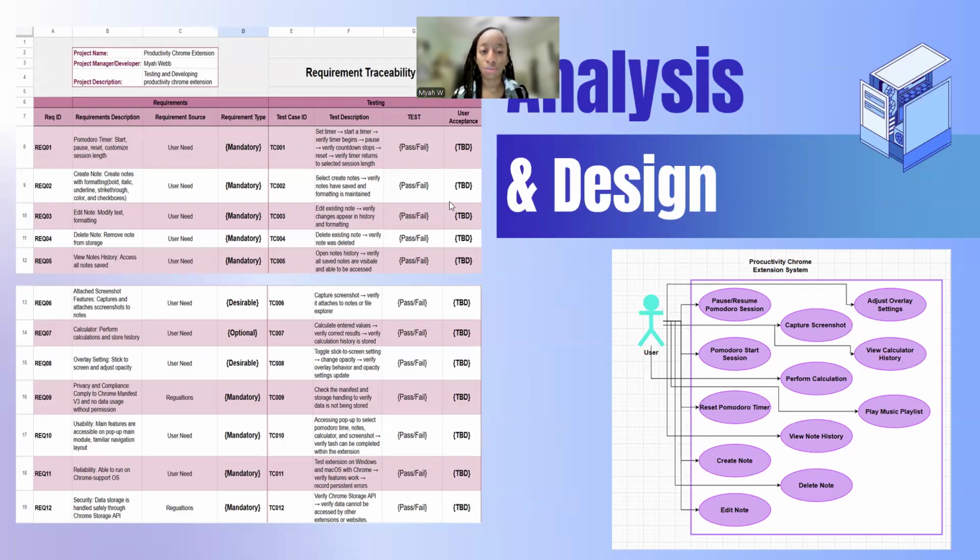And of course, here I have my Chrome extension system, just here to represent how the user might interact with or use the Pomodoro, or even the Notes app or Calculator app, when accessing the extension. So they would follow the path, and they'll probably go here. They might press pause, or they might press capture, or they might view it. It's just an idea to give them. Basically this chart is to show you all the different actions that the user can take